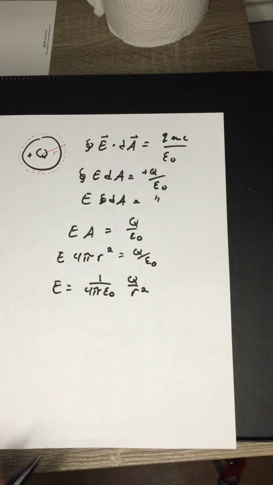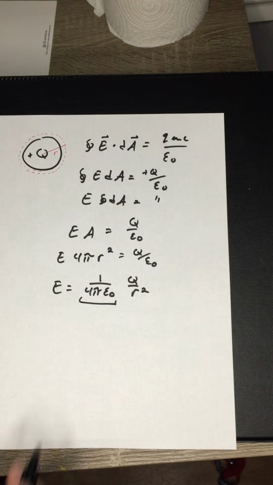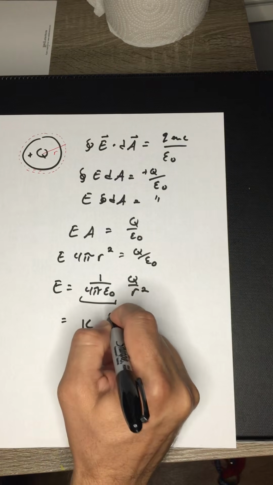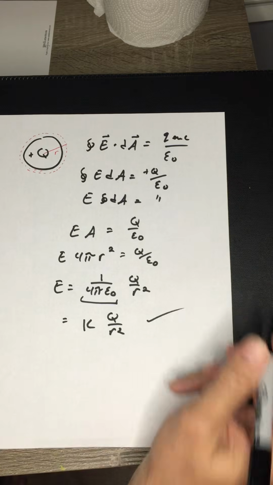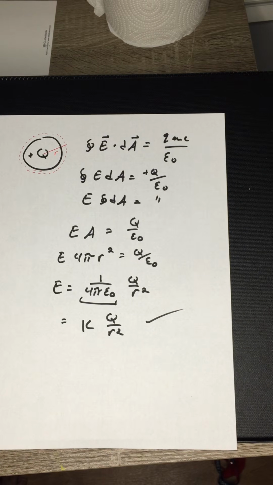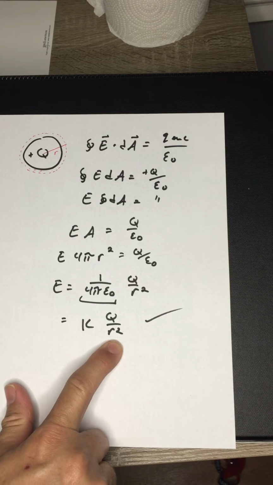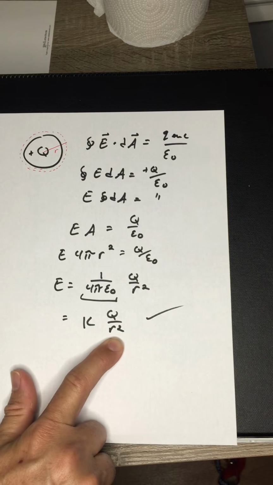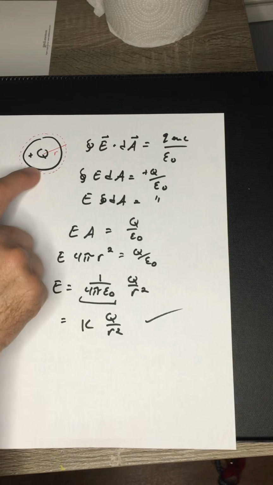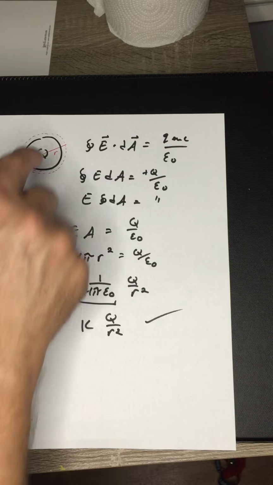I've written it in this sort of strange way because we recognize this as our Coulomb constant k, times Q over r squared, which I already knew. But again, I knew that from previous results. Interestingly enough, I knew this because I did Gauss's law on a different problem in the last video. But this turns out to be a general result. As long as you are outside this charged object, all of the charge acts like it's a point charge located